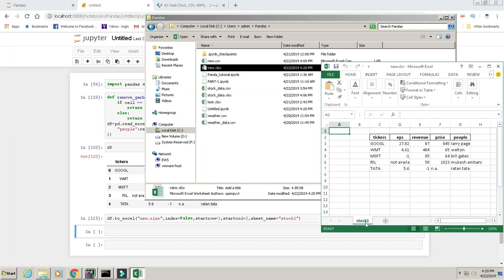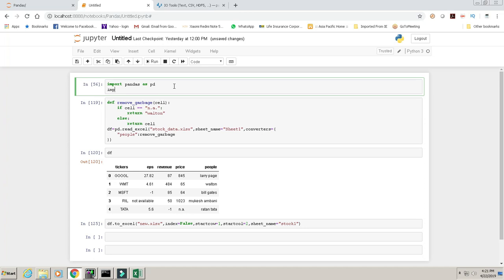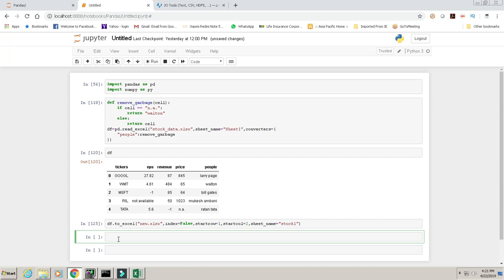For that we need to import numpy as np, and type with pd dot ExcelWriter, your file name say new one.xlsx as writer, and your data frame df2, so it is same like this, df2 to Excel,